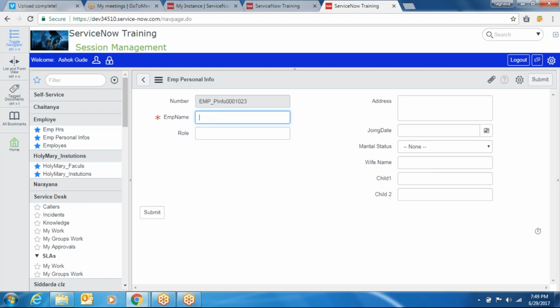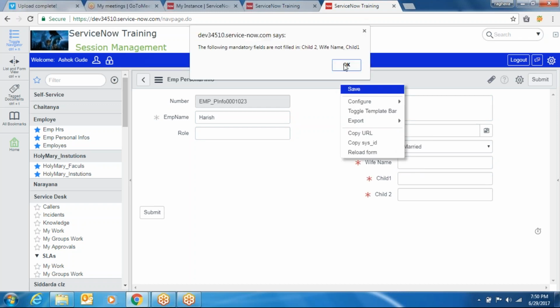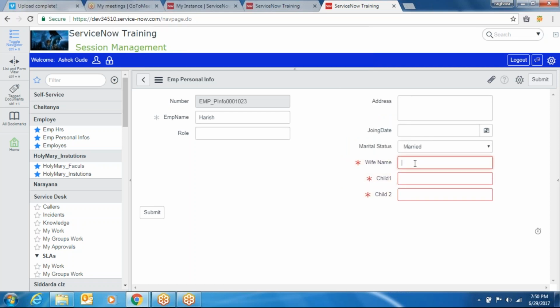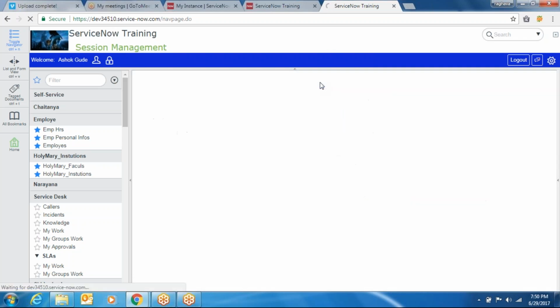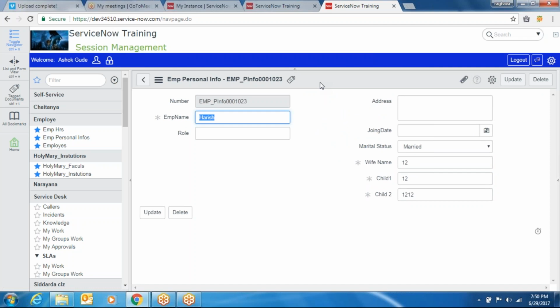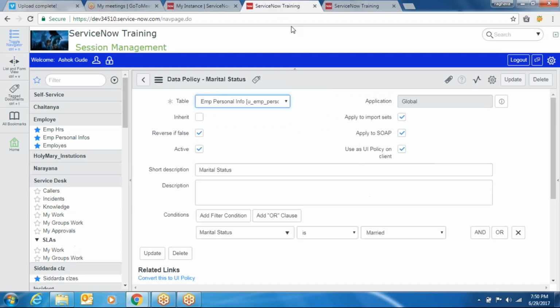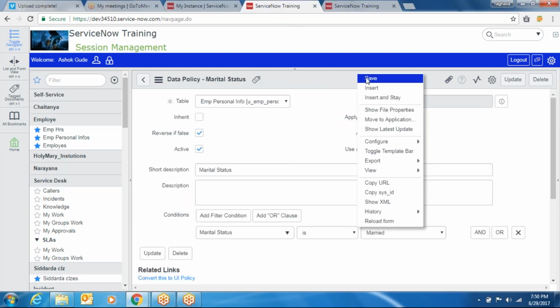Employee name Marish. So the marital status, if I give married, when I want to create this one, it will execute at the browser level. So I just fill the details. It will be saved at the database level. But we cannot see it here; when you go to the data policy, you can see it. So mostly we will always configure the UI policy. So if you want to convert this data policy into a UI policy,